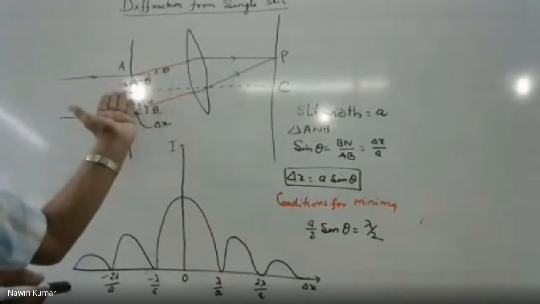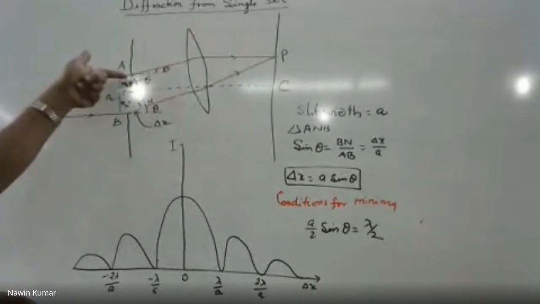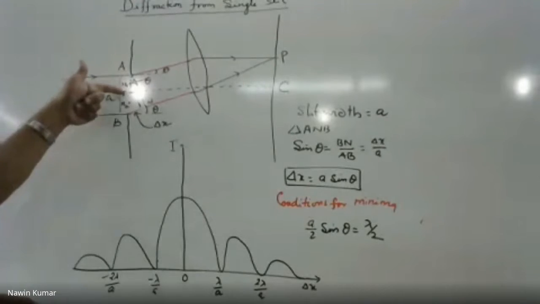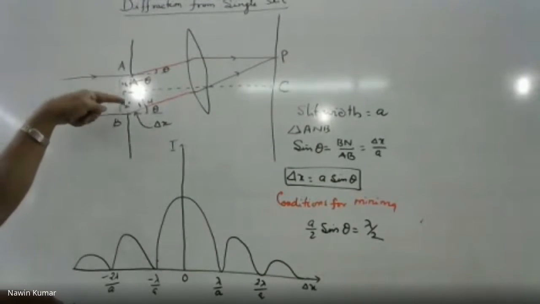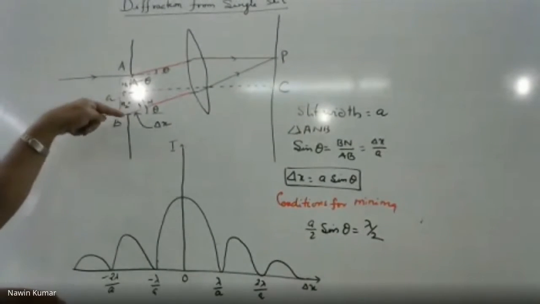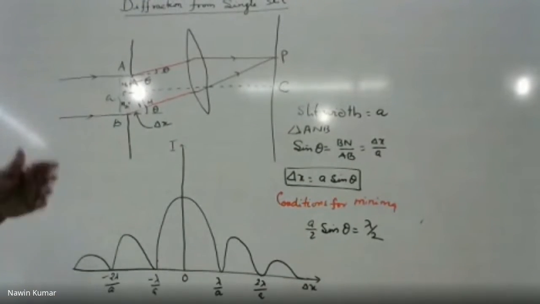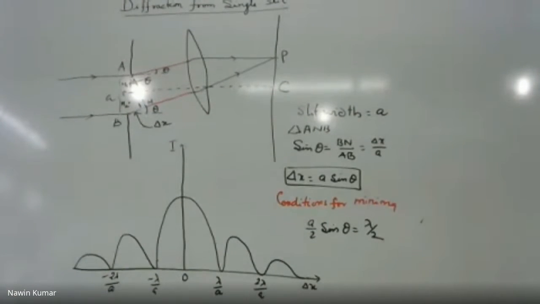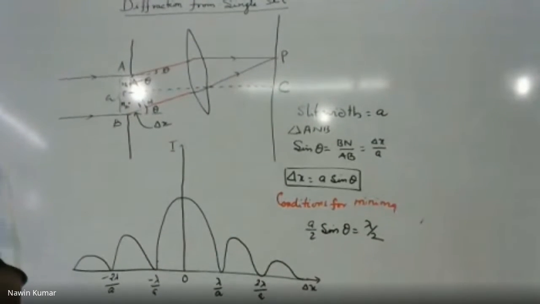So, the light reaching point P from any one point lying between AO and any other point lying between OB reaches P in the same phase, so the phase difference is 0. And then